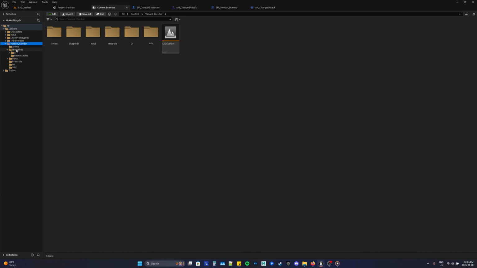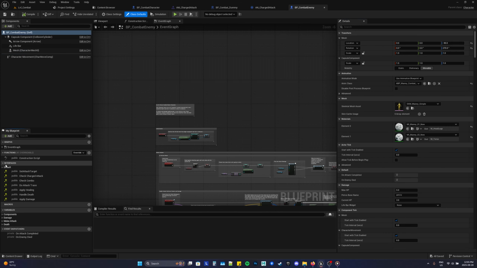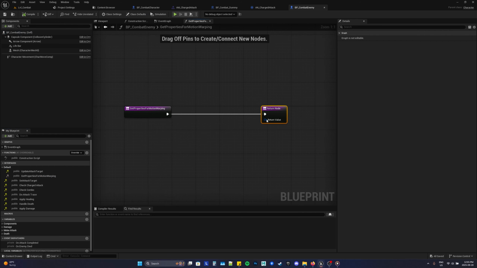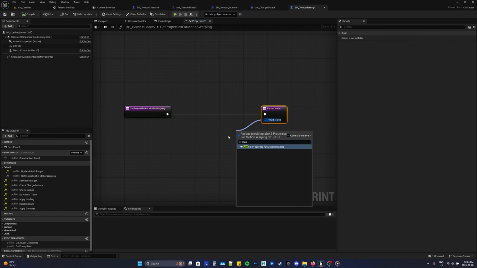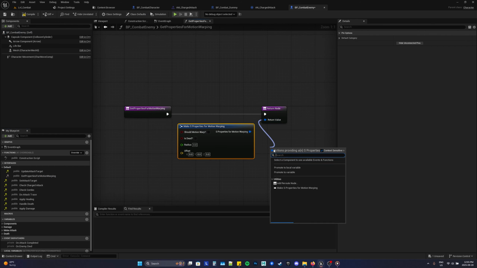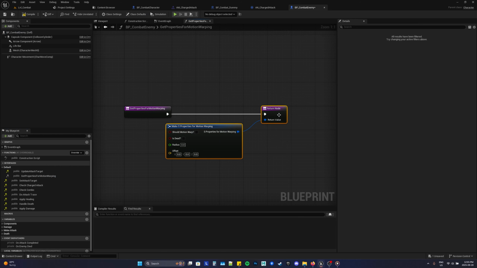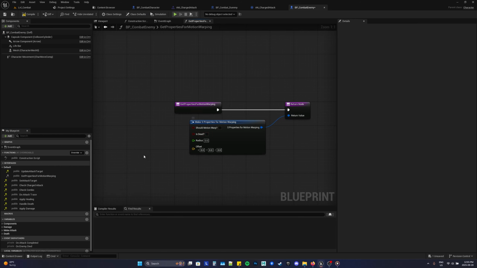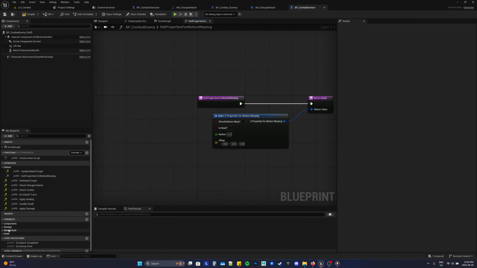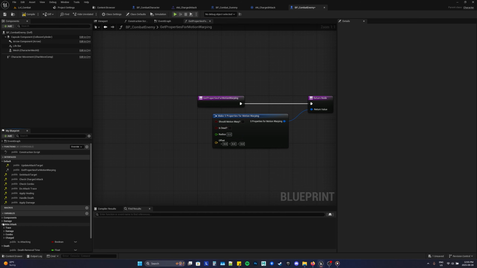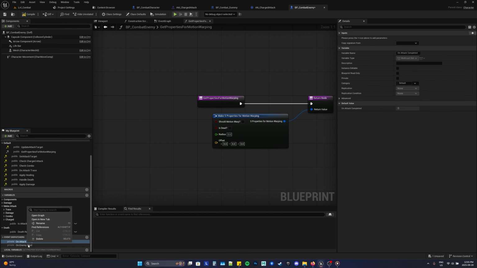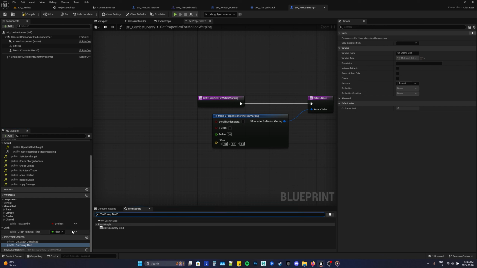So if we come to Combat Variant Blueprints AI Combat Enemy, it should already have get properties for motion warping. Fantastic. It just has nothing in it. So make sure that you make properties, or you can always promote this to a variable and of course change those on runtime. The one thing I like to do is, because it already has this,